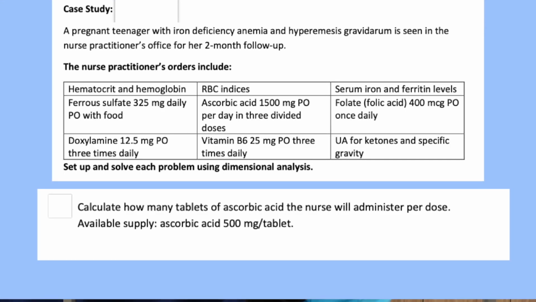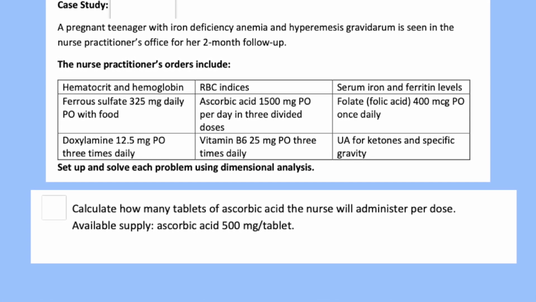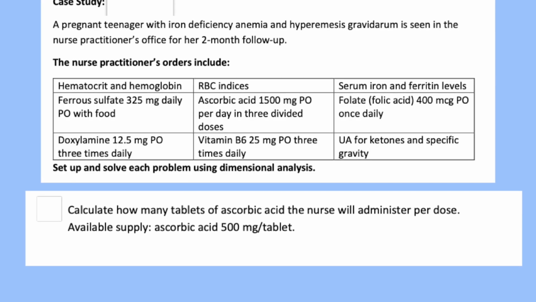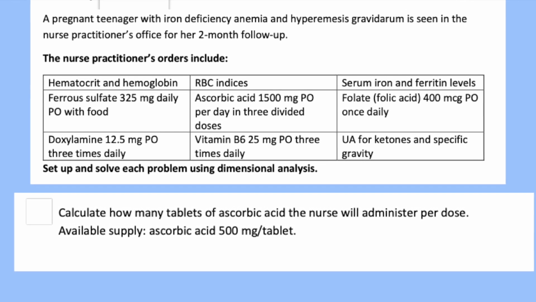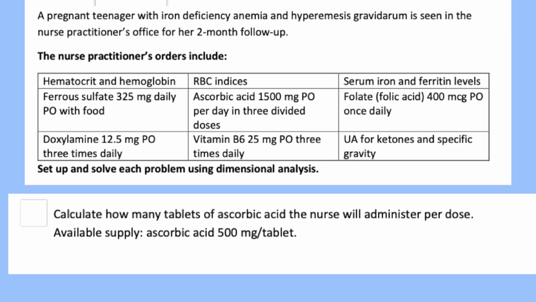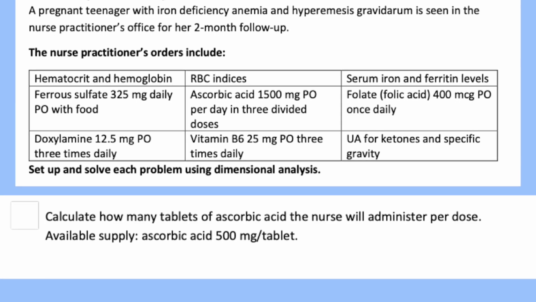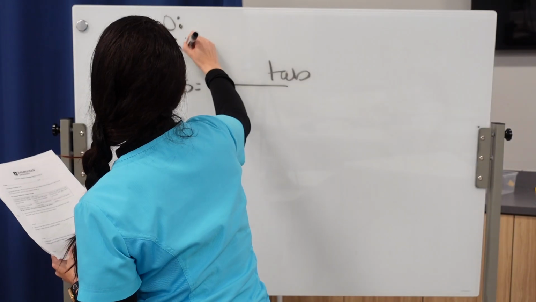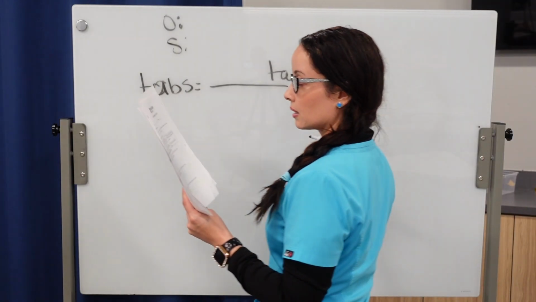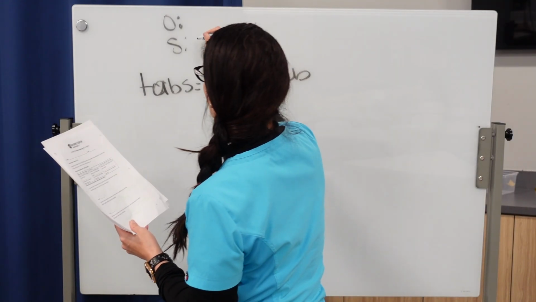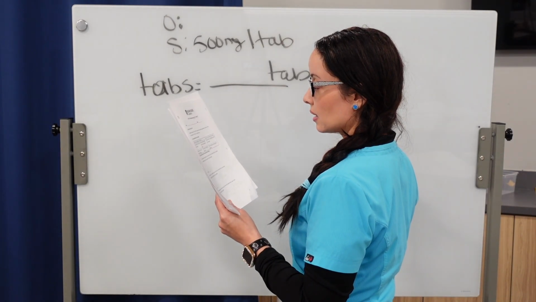Number 8, we're looking for tablets. So tabs equals, we're going to put tab up here. Again, whatever you're looking for, you're going to put here. And then whatever is on the left, you're going to put up top. So the order is, and I would do this first, I get ahead of myself, but the available is 500 milligrams per tab, and the order is